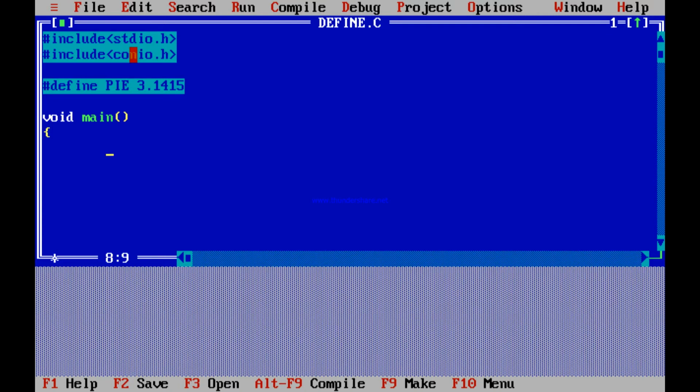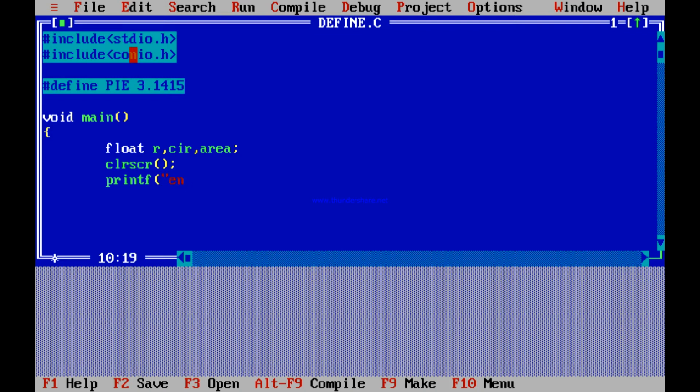So we'll declare three variables, r for radius, area, and circ for circumference, of data type float, as they are floating point variables. So float r, cir and area. So the data type of all three variables is float. Now we'll use one built-in function, clrscr, which is used to clear the screen. Now we'll use printf, which is used to print the formatted data onto the output screen.